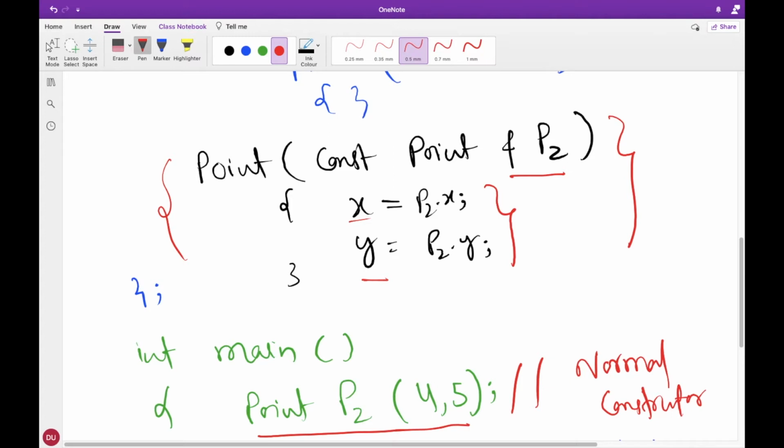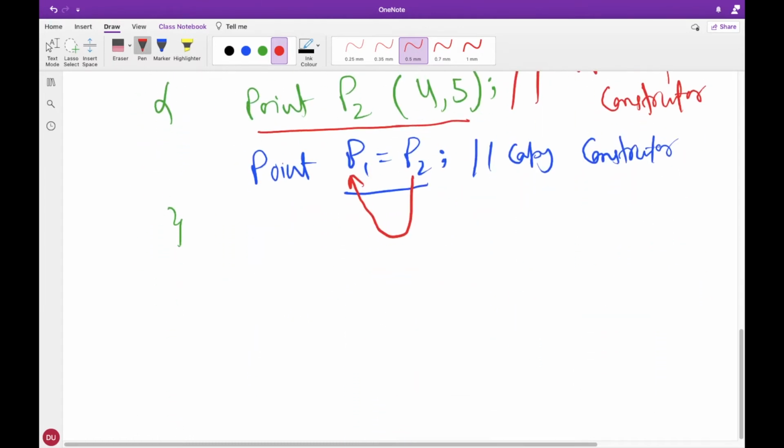It works fine in most cases, but we need to define our own version of the copy constructor if an object has pointers or any runtime allocation of resources, right? It could be like file handling or a network connection. So we need to always take care when we are assigning things dynamically or doing allocation at runtime, right?